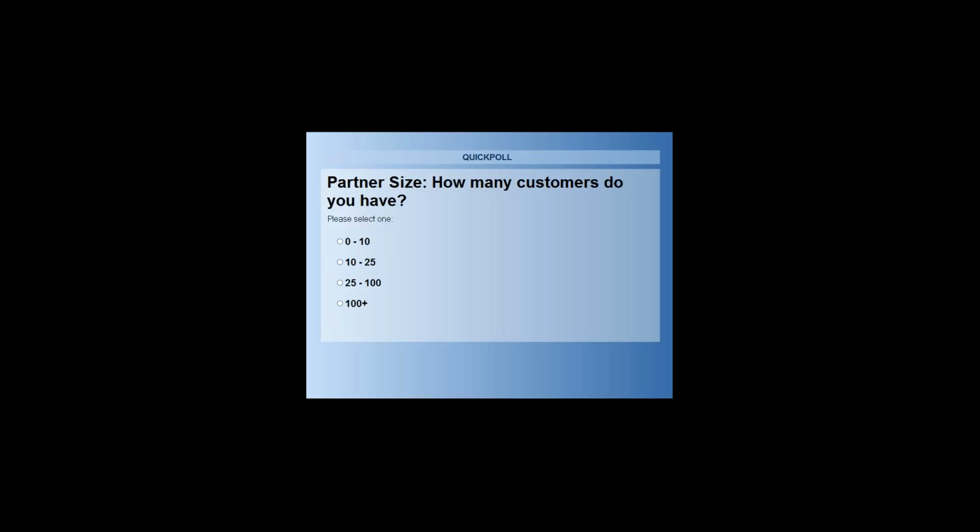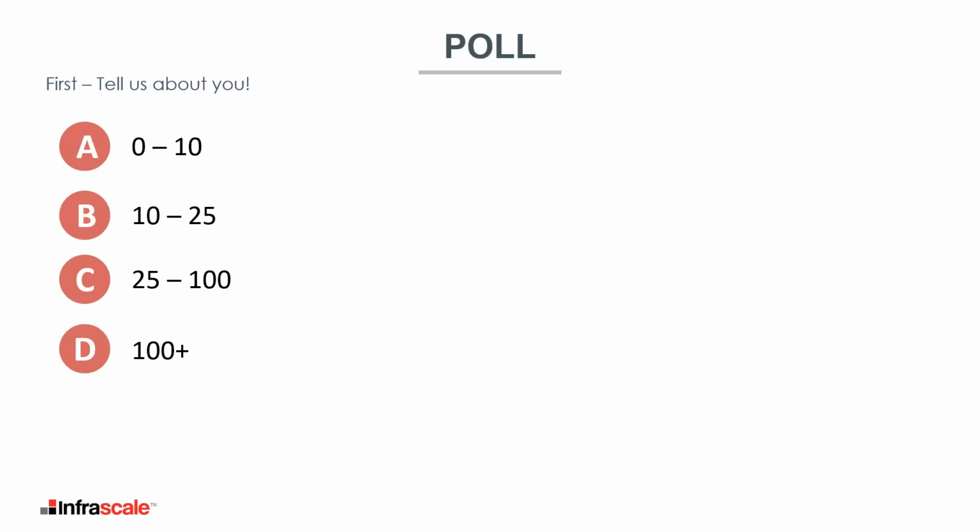And so far it looks like 90% of you have voted, which is great. Thank you so much for the participation. I'll go ahead and close the poll down now. It looks like we've got 17% of those of you who responded are in the 0 to 10, 11% in the 10 to 25, 32% in the 25 to 100, and 37% of you have more than 100 customers at the moment. Okay, so let me close that poll down and get back into the presentation.